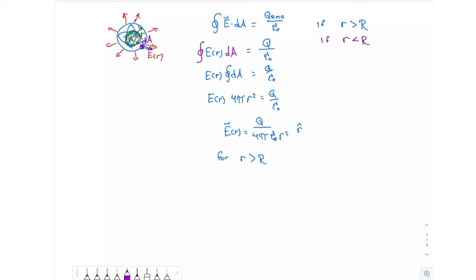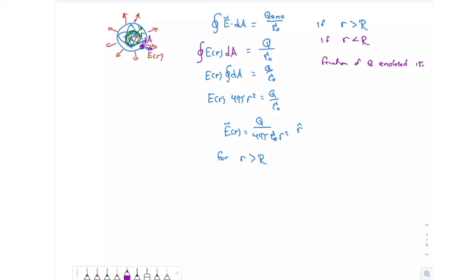But I also want to consider what the field is on the inside of my charge distribution, so somewhere between the surface of my sphere and the middle. If that's the case, not all of the charge is enclosed. The amount that's enclosed, so the fraction of the charge that's enclosed is,